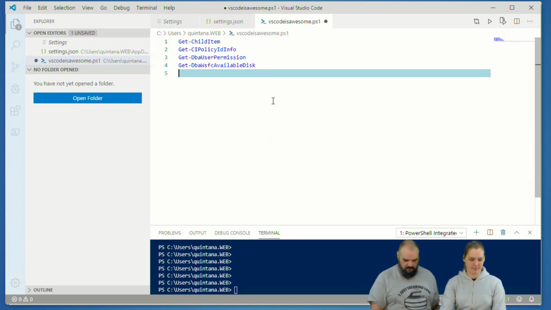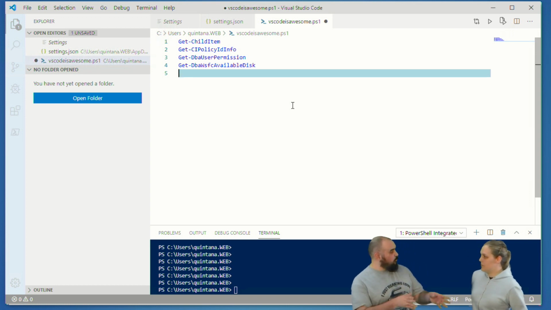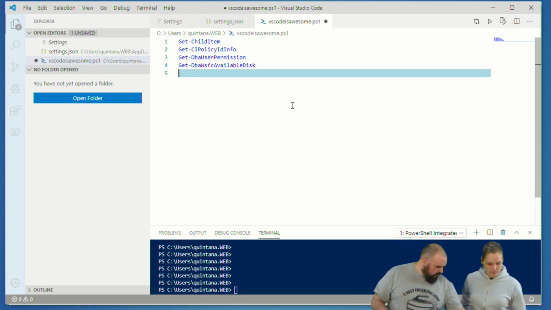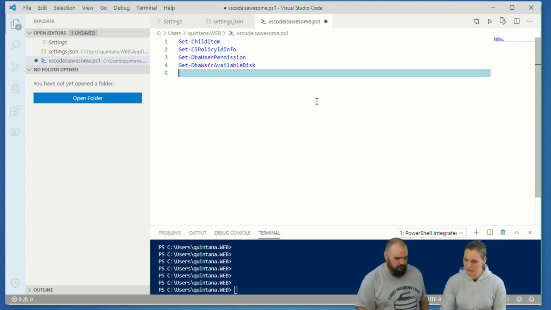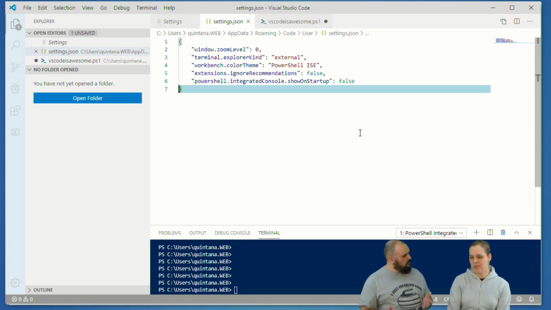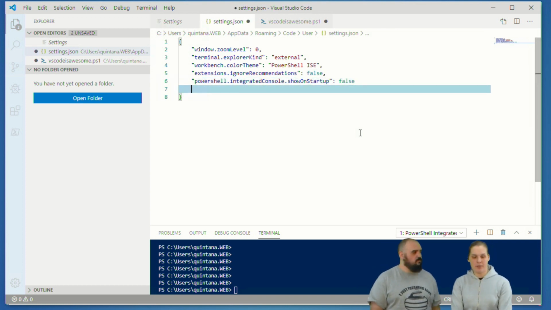All right, do we have any other questions? No more questions? Okay. I guess let's go over some of the other settings that Colby is the one that brought up, if you want to. You can do where it formats on paste. We have some settings like, let's say that you were copying a script from the internet or wherever, and it was formatted poorly. You'd want to know what it is before you run it. Yeah, for sure. You could actually add this setting,